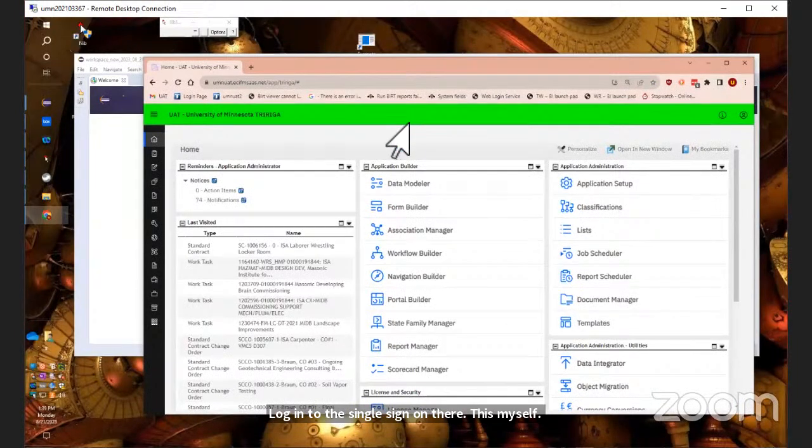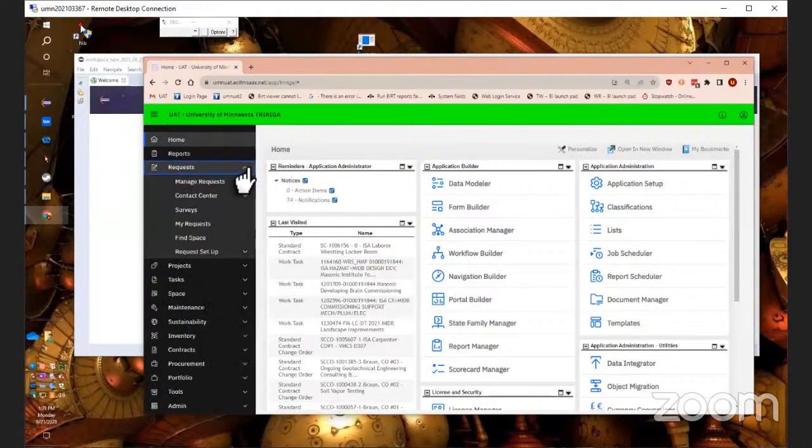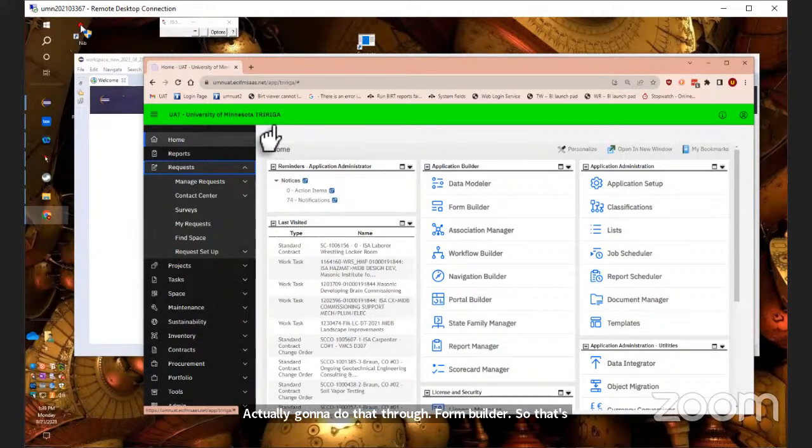And what I'm going to do is go to where the purchase order hangs off of the system. Actually going to do that through Form Builder. So that's where it's hung off the include menu for a report. So right here,